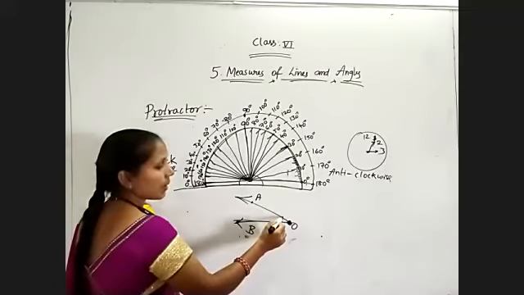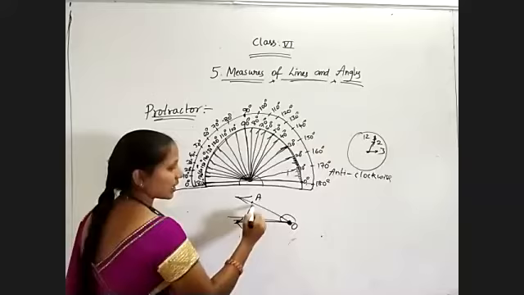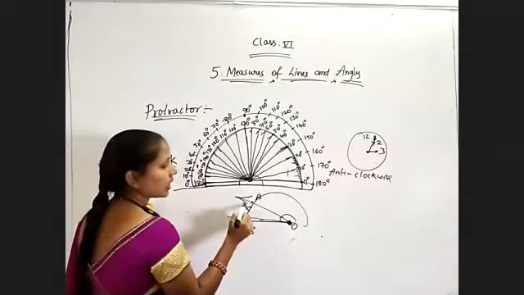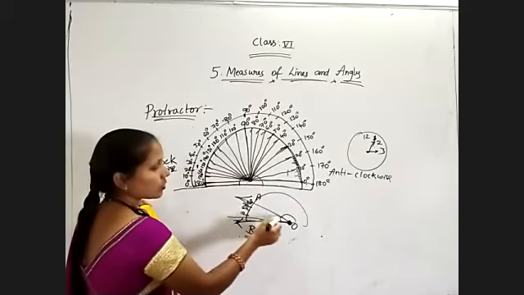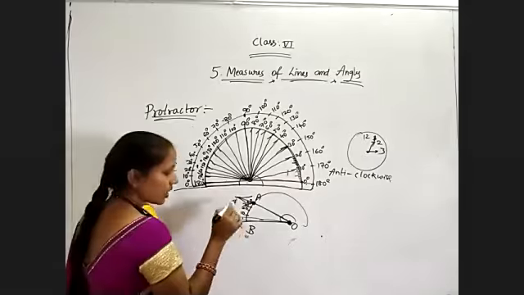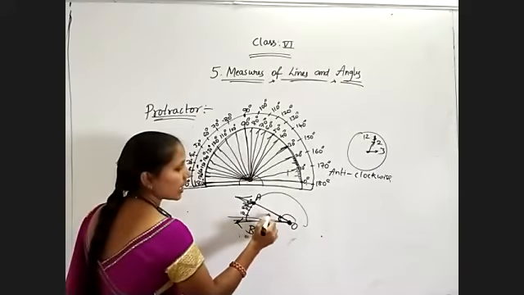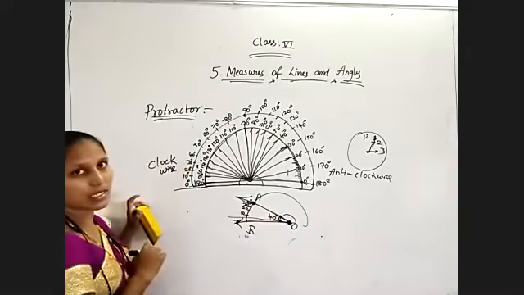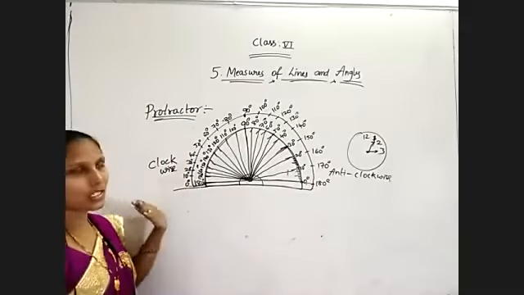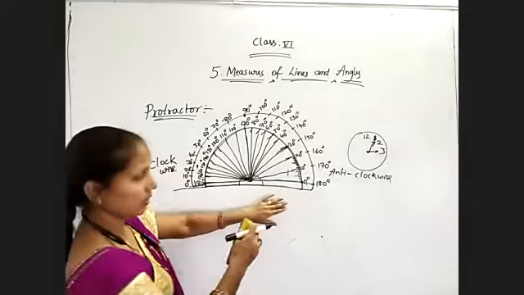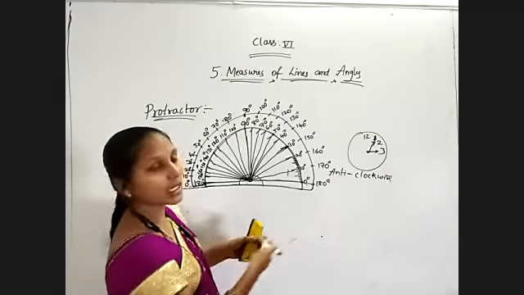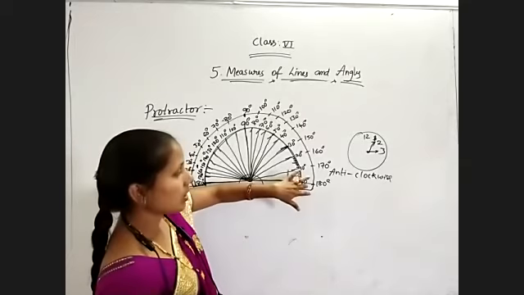So if I am checking the upper values, suppose like this, I have my protractor. I checked. Now here 10, 20, 30, 40, like this I have, suppose. So this ray OA is lying at 40 degrees on the protractor. So that's why the angle between OB and OA is 40 degrees. That's it. These are upper values. When we are taking the arm in the left direction, we must take upper values. If the base arm is spreading to the right side, in that case we need to use inner values.